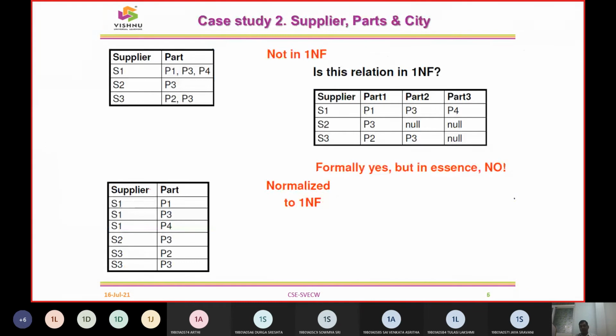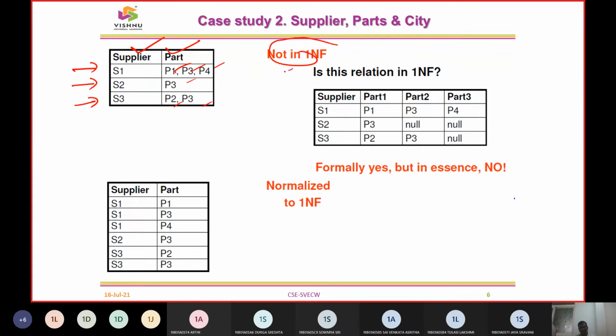Okay, now let us look into one more example where the first, second and third normal forms can happen. In this we are going to have supplier and part. Supplier and part, they are going to be the table names, where we are going to have supplier 1, supplier 2 and supplier 3. These 3 items, we call it the supplier items, and every supplier has some parts: P1, P3, P4, P3, P2, P3. In this way, they manufacture some parts and give them out.